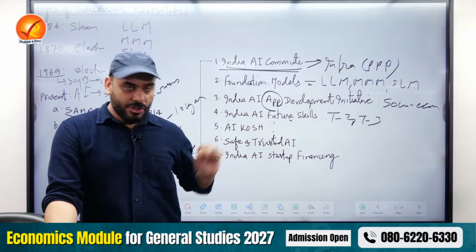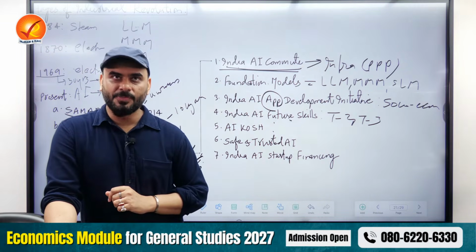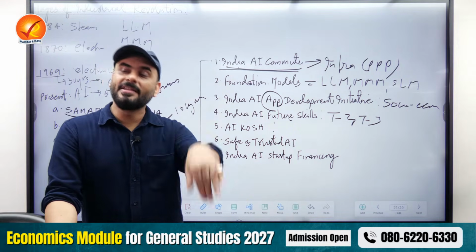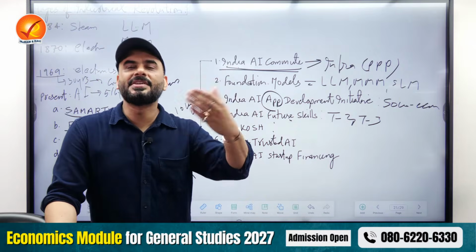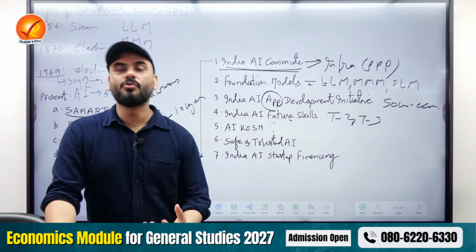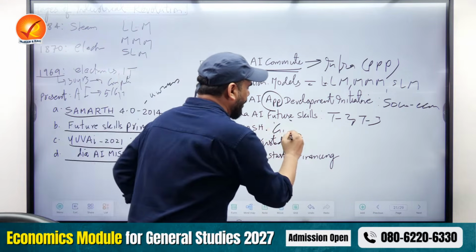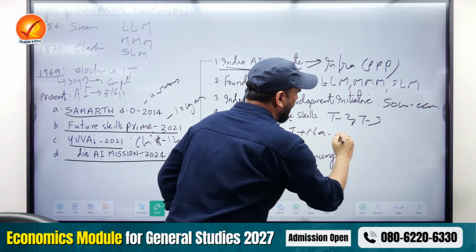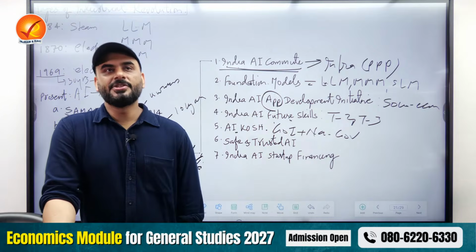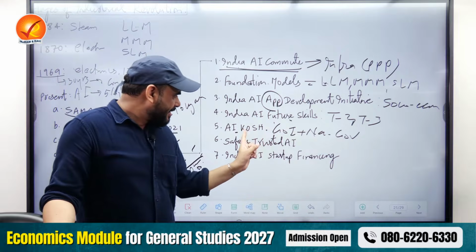What is AI Kosh? Bacho, your AI models, which are large language models, multimodal models, and small language models, the results that they provide are only as good as the data that they have. If you give them biased data, they will give you biased results. If you give them good quality data, they will give you good quality results. So government says, under AI Kosh, this is the element where government plus non-government agencies provide their data for AI analysis. Using this, you can create good models, because without data, you cannot create good AI models. So this is the AI Kosh part.